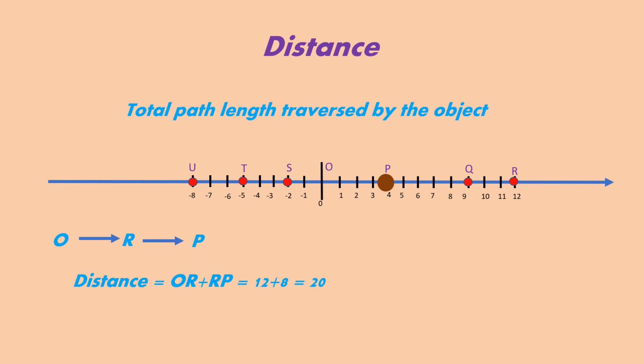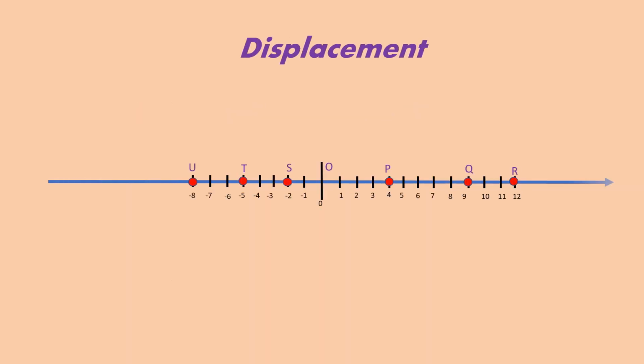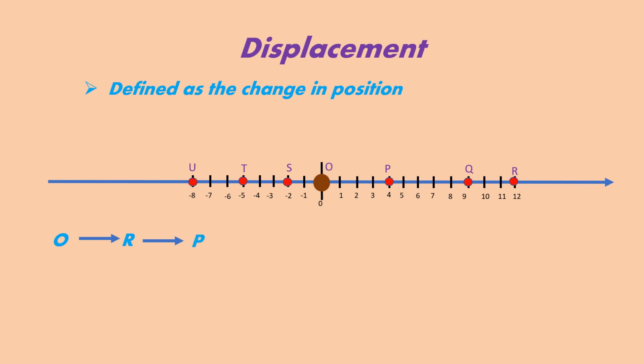So what about displacement? Displacement is defined as the change in position. Basically it means that it does not consider which path it has traveled, but only considers the initial position and the final position. Let's see with the help of this example. Here also the object is traveling through a similar path O, R and P. And if we calculate the displacement, we will see that this is